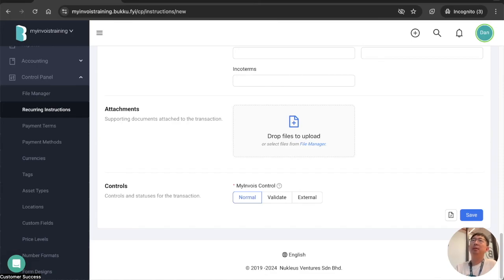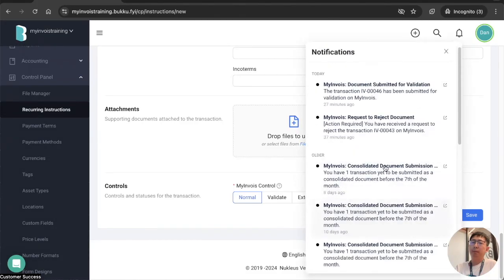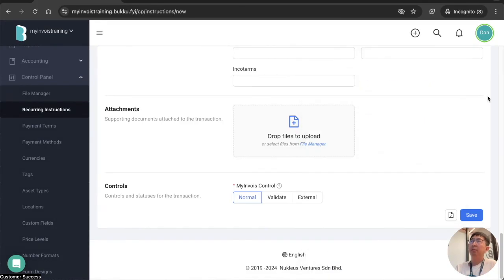The reminders, DO and OS, does it automatically pop up to inform the user? I'm not sure what you mean by the DOs and the OS, but let's say you're talking about the notification. It's actually meant for anyone with access to the MyInvoice module. Then they will actually get the relevant